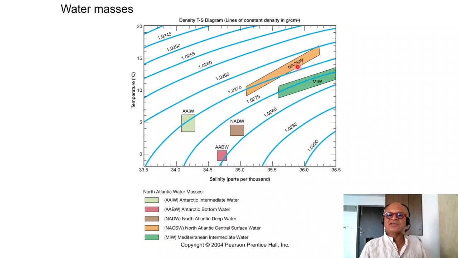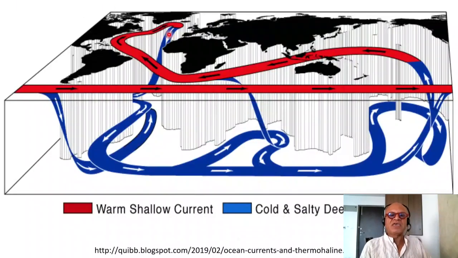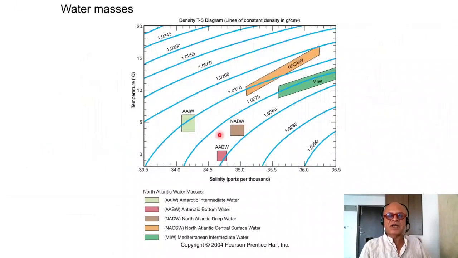The North Atlantic central surface water, which is coming out of the Mediterranean, spans this density range and salinity and temperature range over here. Mediterranean intermediate water is in this range with high salinity and relatively warm temperatures. North Atlantic deep water that we talked about forming here has this temperature and salinity range, and the heaviest water, Antarctic bottom water, which is forming in the Southern Ocean, is way down here with this salinity and these